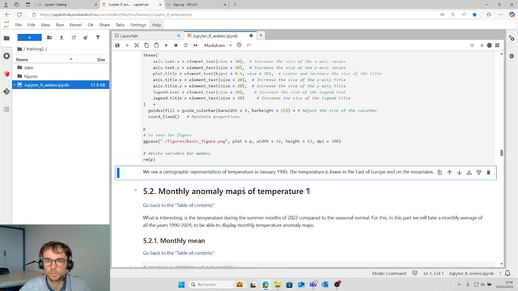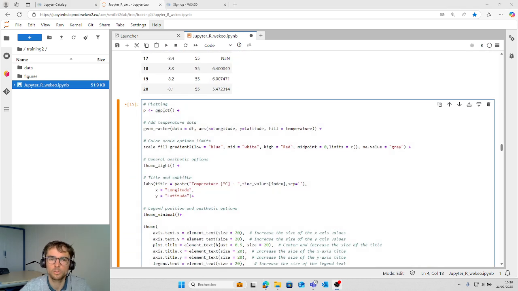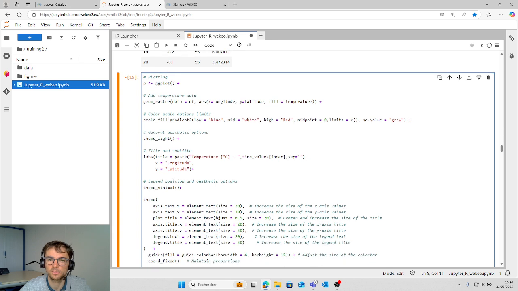Then we plot the temperature. So to plot the temperature, we use ggplot. Then we use a geom raster to make a map. Then it is scale fill gradient 2. It is to select the color scale. Then it is general aesthetic option.